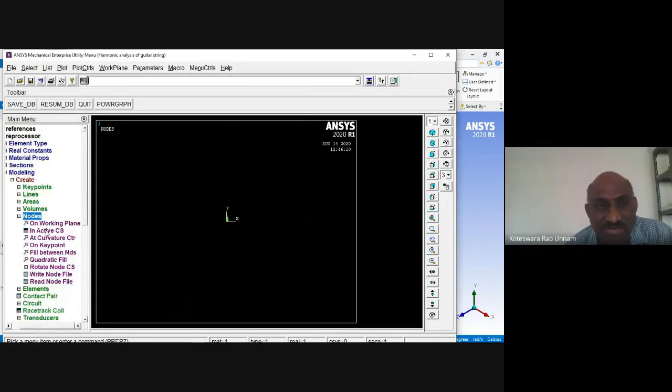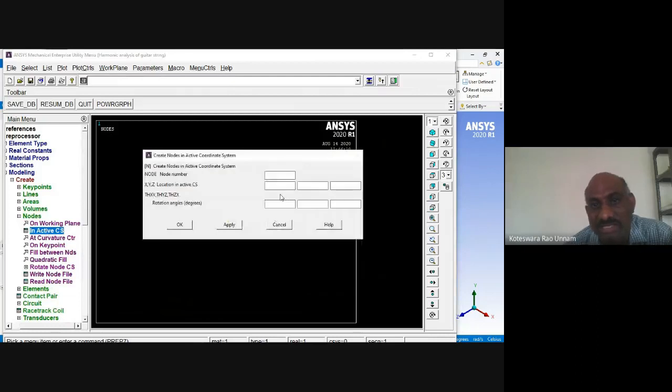In that, you need to use this active coordinate system. So first node and last node only. I will select first node and last node. First node, I'll give it as node number 1, automatic number it will take. If I give the number here, it will take 1, or if I leave that blank also, it will take it as 1. So its coordinates are 0, 0, 0. If you leave these fields blank, by default it will take 0. No need to enter 0 also. Of course, if you enter also, no issue. So this is the first one. Click apply. So first one is created.